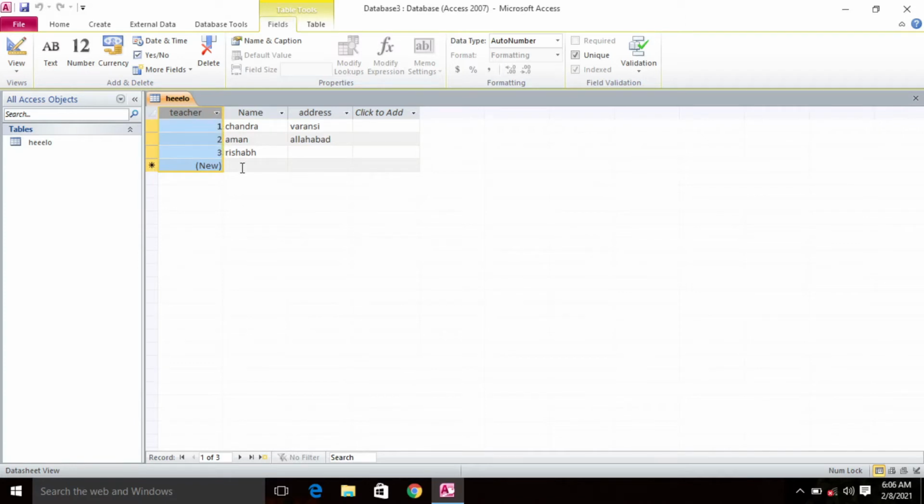Now if you write any information in this table, it will automatically increase the value here, and the next value will be 4, right? Like here, if I write Rakesh and then look, the 4 will be written here automatically.